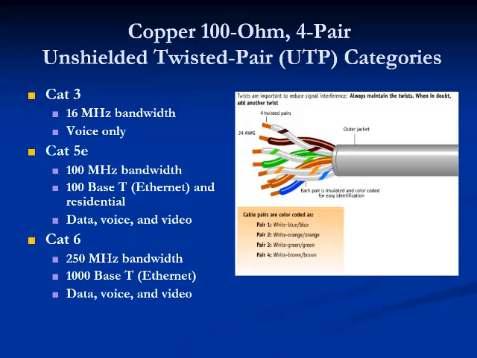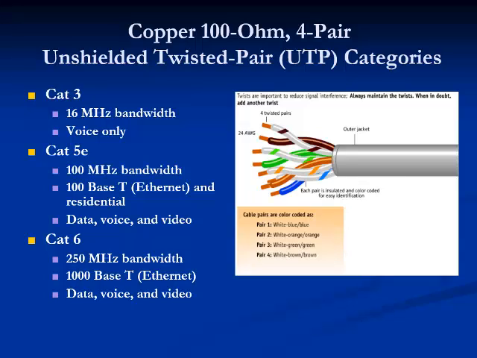These are commonly referred to by the category numbers and are rated based on the maximum frequency bandwidth and include Category 3 for voice-only applications up to 16 megahertz bandwidth, Category 5E at 100 megahertz bandwidth, and these are used for 10BASE-T Ethernet and residential, and they can be used for voice, video, and data applications, and of course Category 6